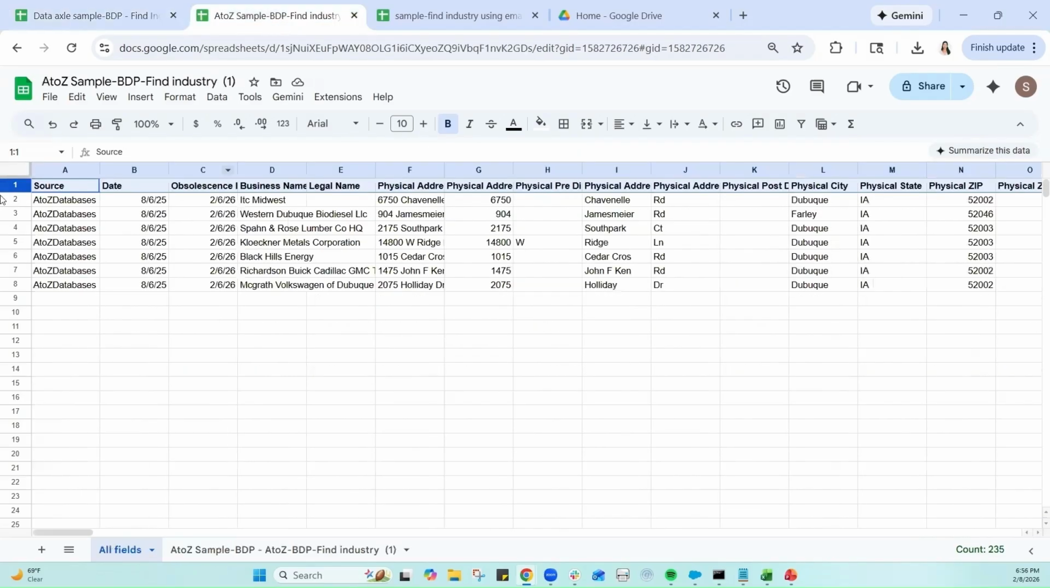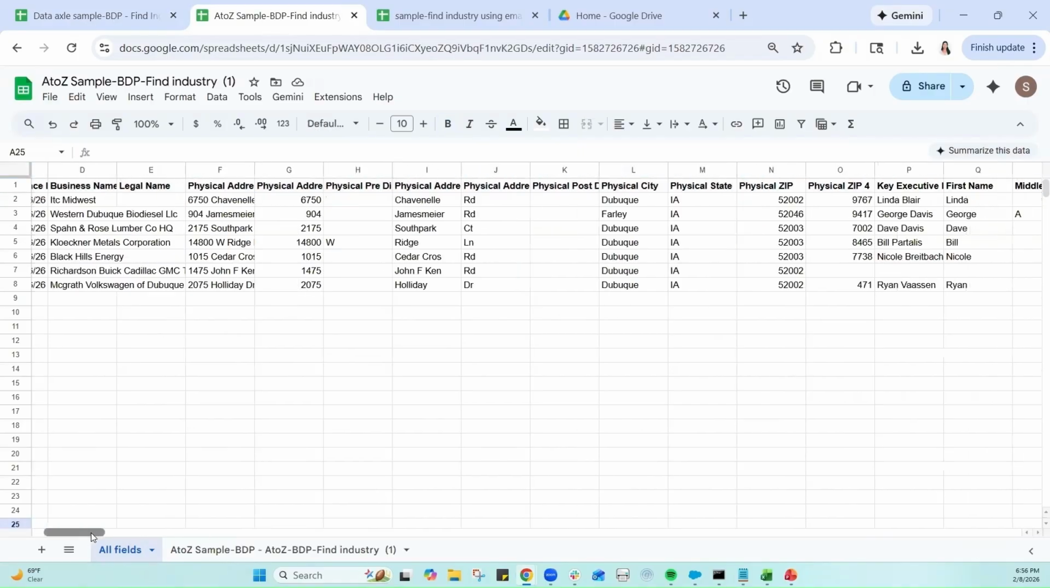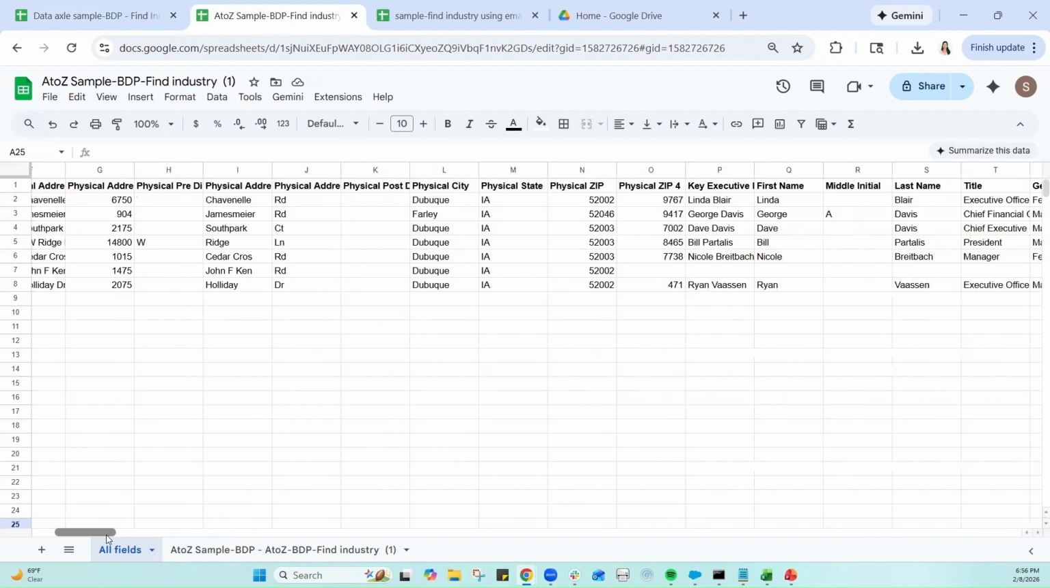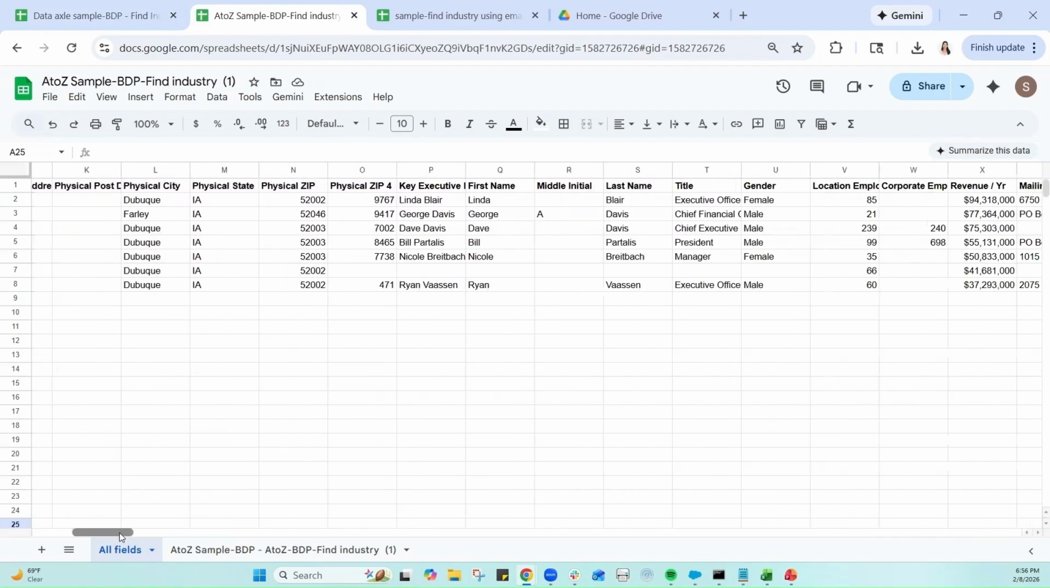Now let's look at A to Z. Again, here, this is a file with all the fields downloaded. There is a total of 235 fields. These include the company name, the executive name, the address,